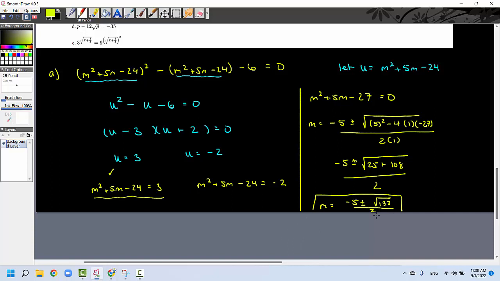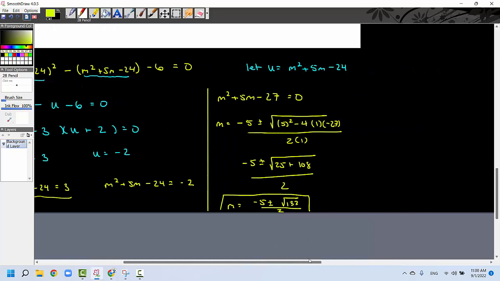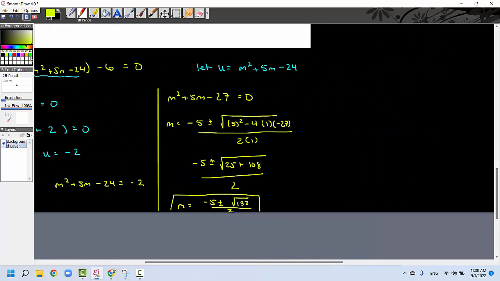The other side of it is this portion here that equals -2. So I'm going to change to green here. And so what I really have here is m squared plus 5m minus 22 equals 0. Again, I just added 2 to both sides. So again, the quadratic formula comes into play. So m equals